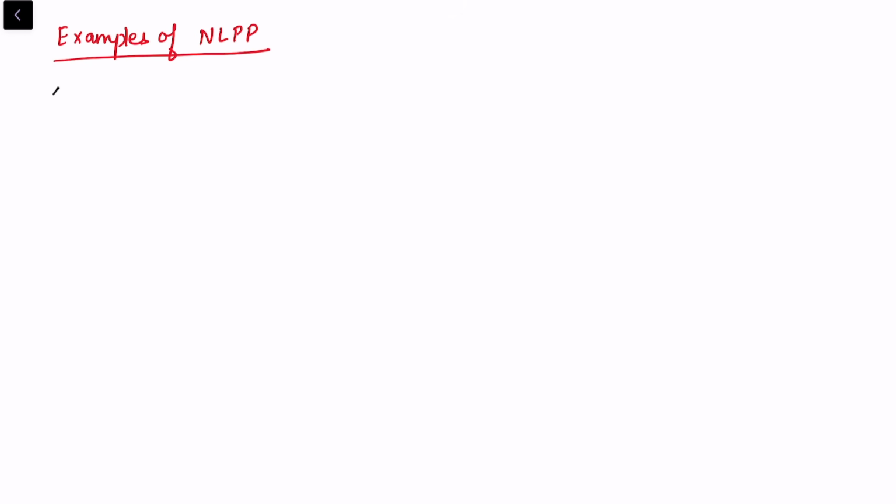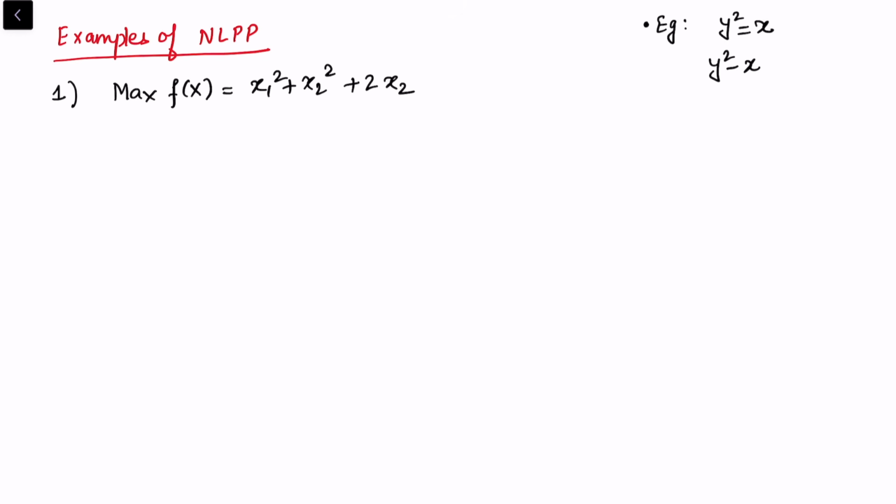So now we take some examples of the non-linear programming problem. Suppose I want to find the maximum of f of x equal to x1 square plus x2 square plus 2x2. You see that this is simply an objective function and there are no constraints. These problems are something that we usually solve with the help of calculus techniques. So for example, let's take another very simple one. Here I take y square equal to x, or I can simply write this as y square minus x, and let's call this function capital F of x, or you can even rename that capital F of x equal to